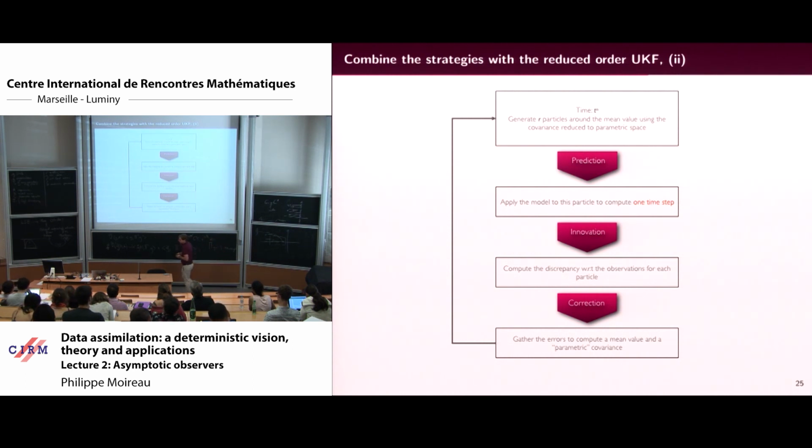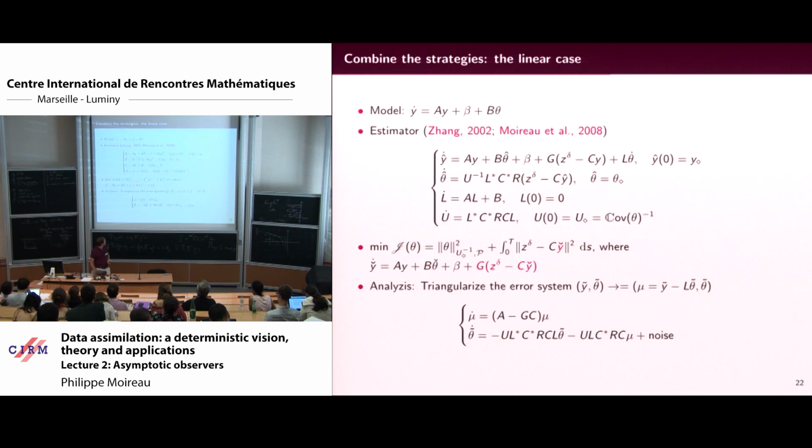What is important is really to understand that depending on your system, it's really important to not forget to have a gain on the state. You see a lot of people who do estimation only for parameters, so they only do identification problems. They can even prove that the identification problem is well posed. But when they do that, they always assume that they know perfectly the initial condition, which is never the case. So in practice, if you have a dissipative system, there is no problem because the error on the initial condition will actually decrease by itself.